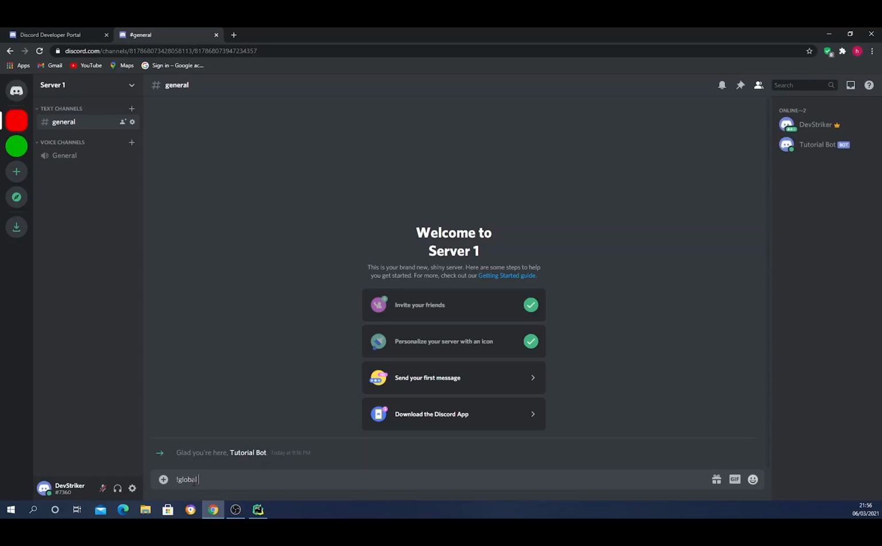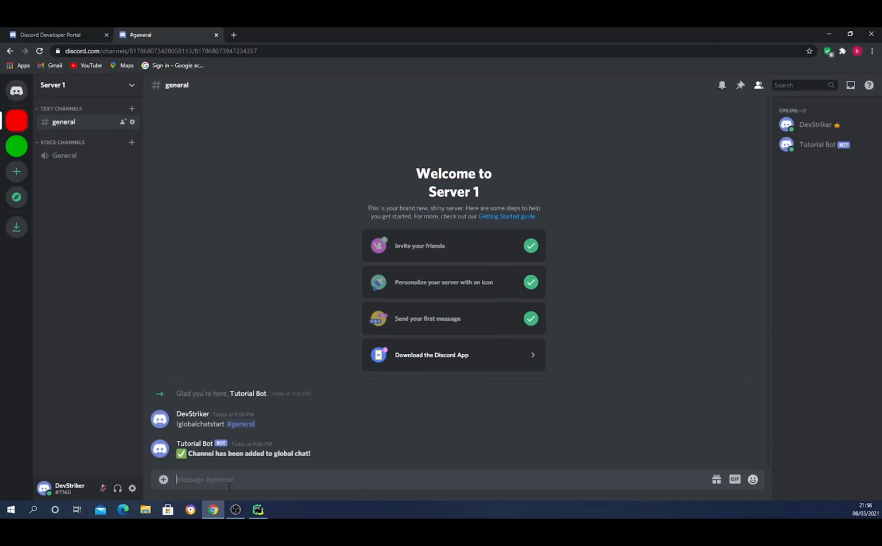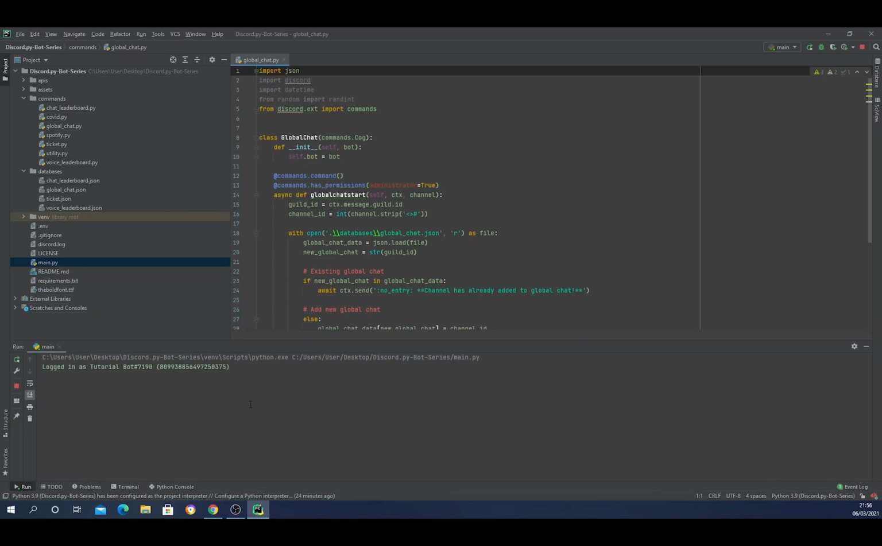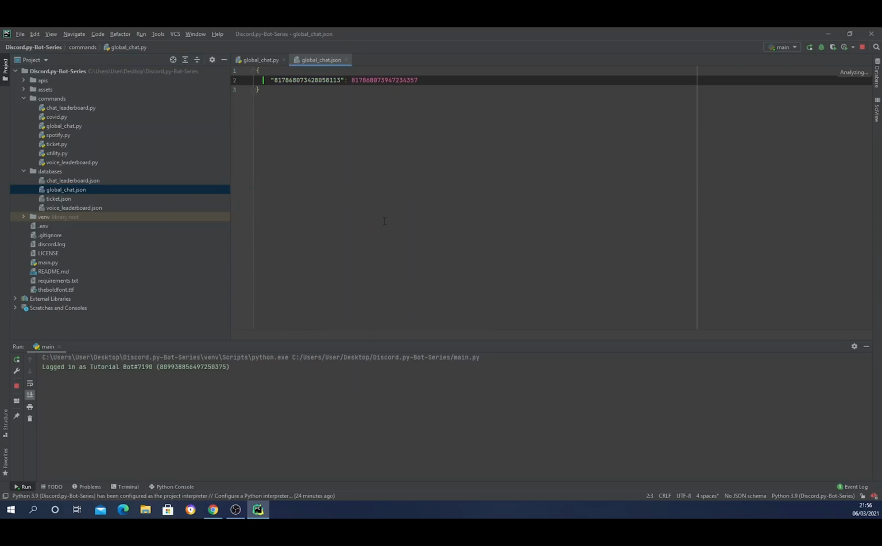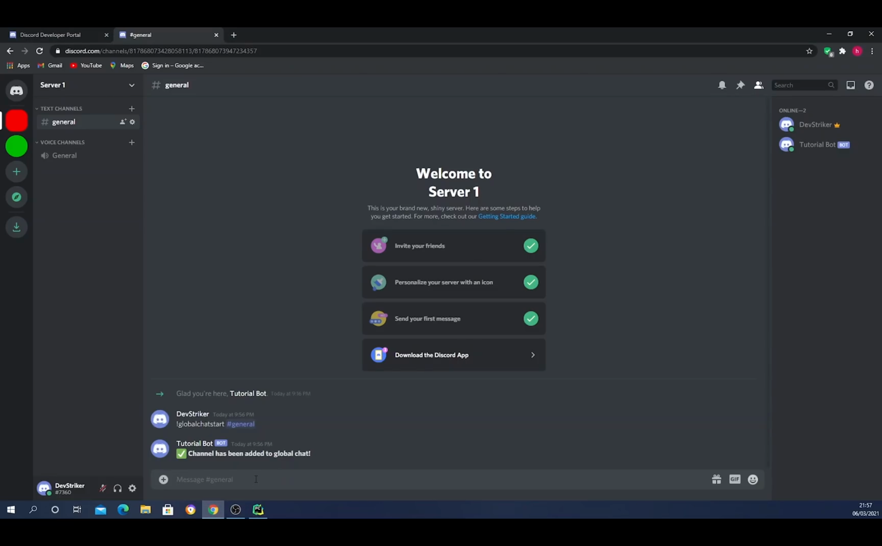So global chat start, and we're going to pass in the channel, which is general. Okay, the channel has been added to global chat, so let's go back there and open the global chat here. And you can see right here that this is the server ID and the channel has been assigned to the server ID. So if I go again and try to do that, so global chat start,